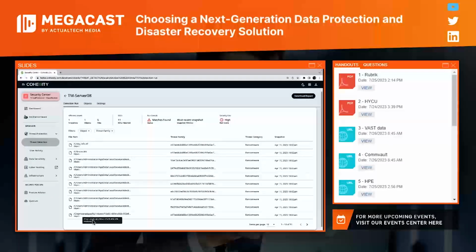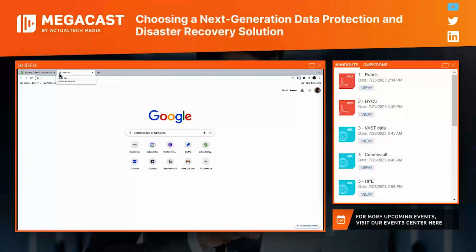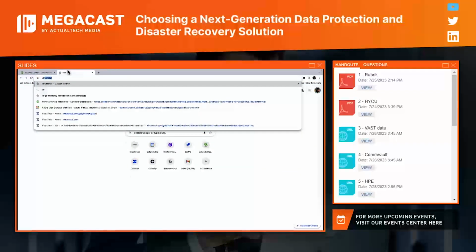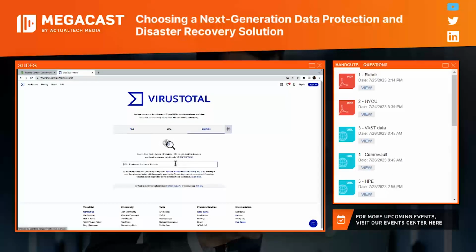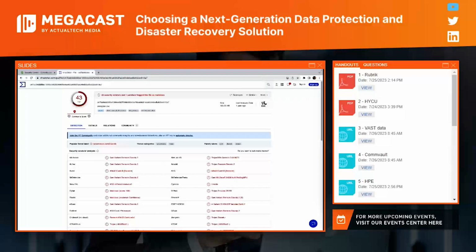What I can do is highlight the file hash here, copy it, and then go out to VirusTotal and paste in that file hash. You can see it's going to come back with hits showing that this file has been seen out in the wild and has been flagged as malicious by various security vendors.